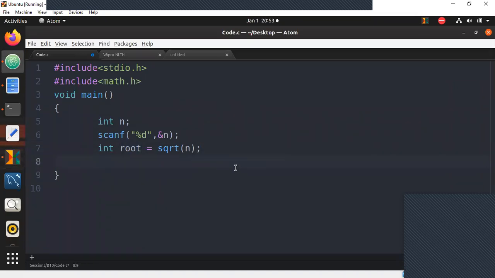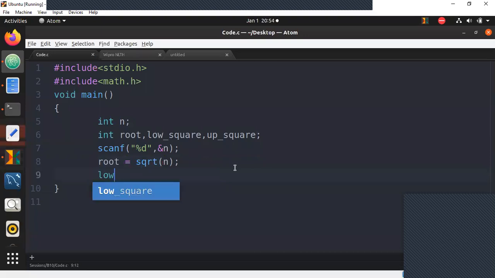To find the lower square, we'll take all the variables and create them before scanf as always: int root, lower square and upper square. Once you calculate the root, the next thing to figure out is low square.